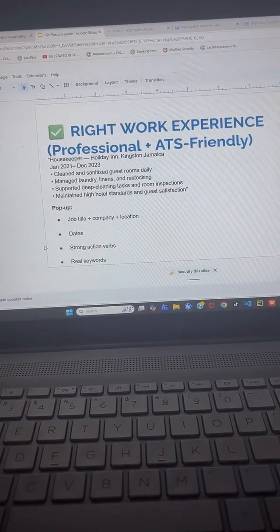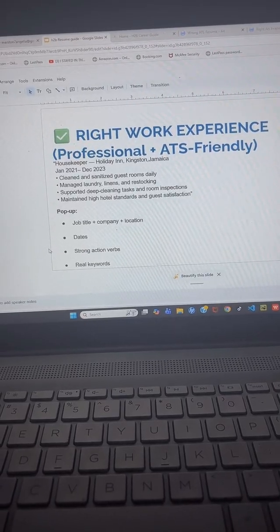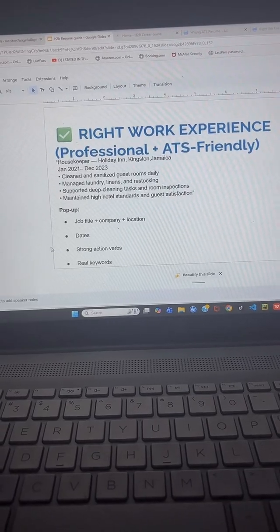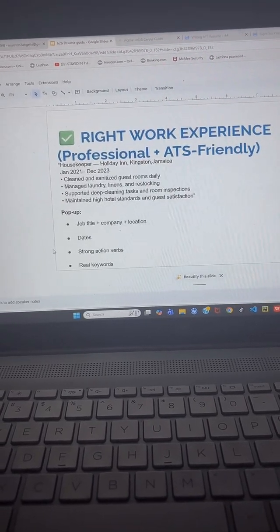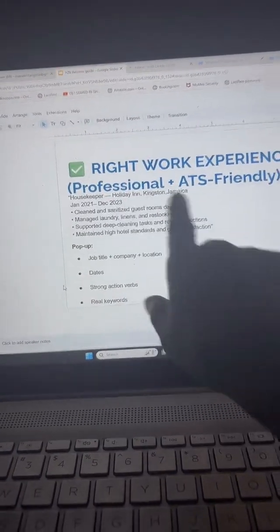Alright, so the right way to do the work experience now, ensure the first thing that you put is the job title, then you put the company name, then the city and the country where you work.